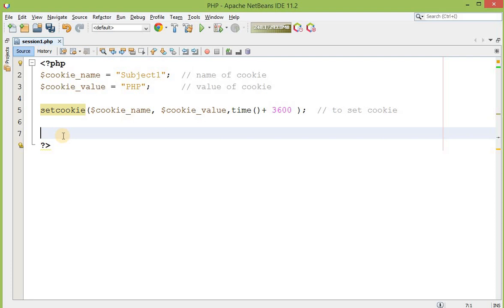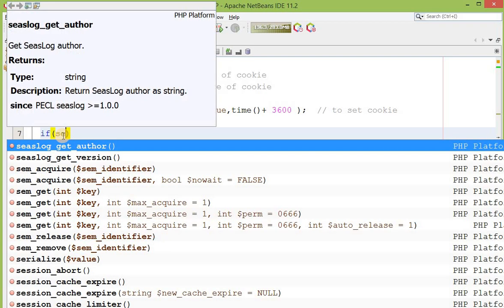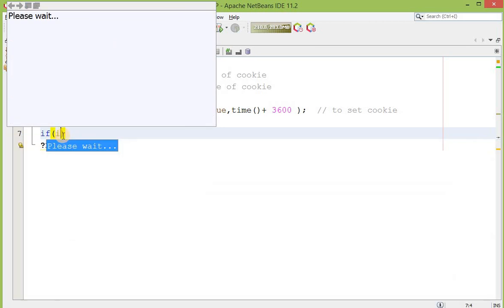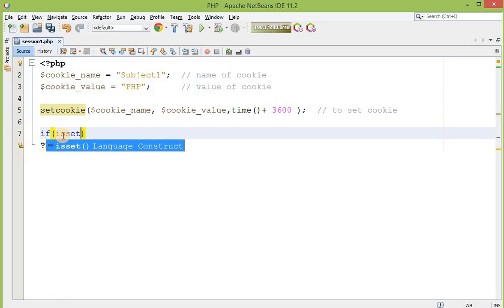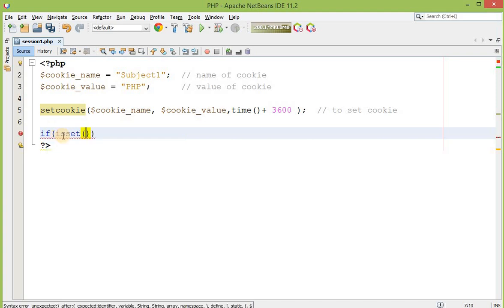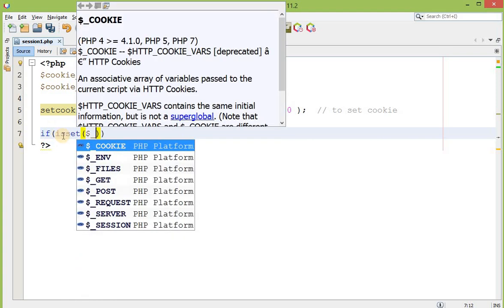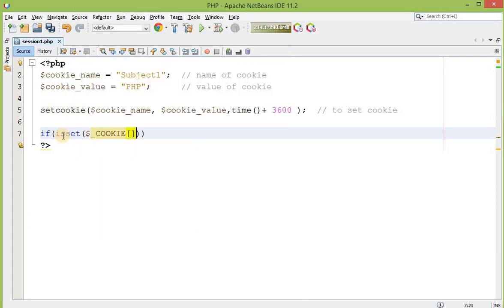Now just look at this. I am going to check whether this cookie is set or not, using the isset function. Inside this function, there is one global variable, just like SERVER, GET, POST, REQUEST, that is COOKIE. Inside this cookie I will check for the name of my cookie, that is, in small case, subject1.